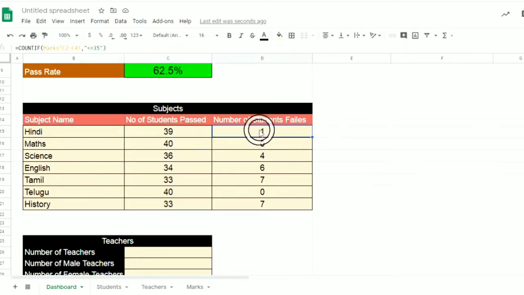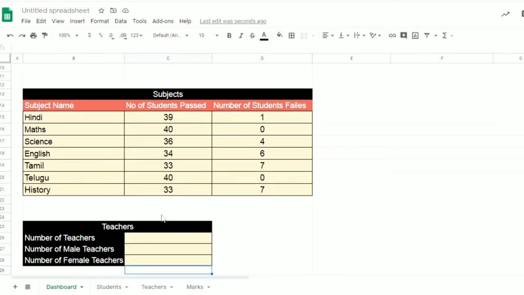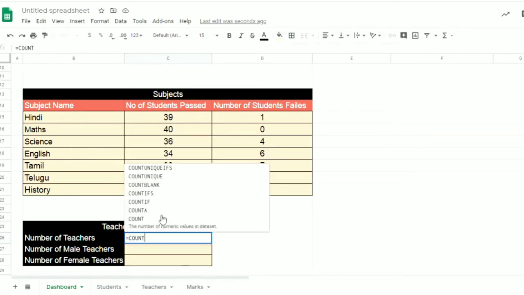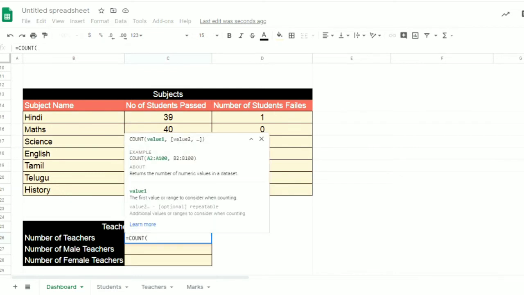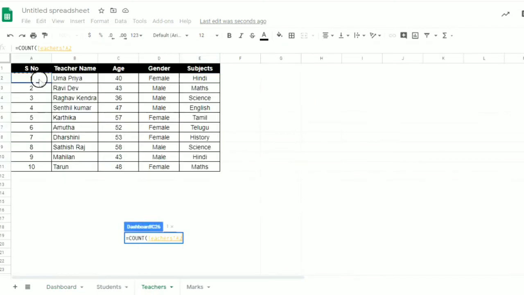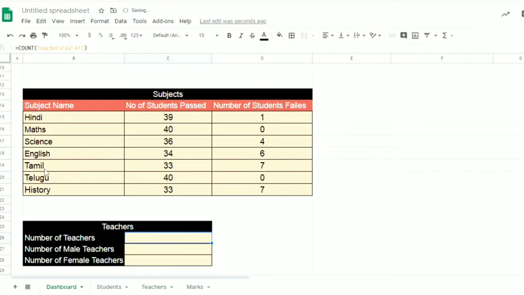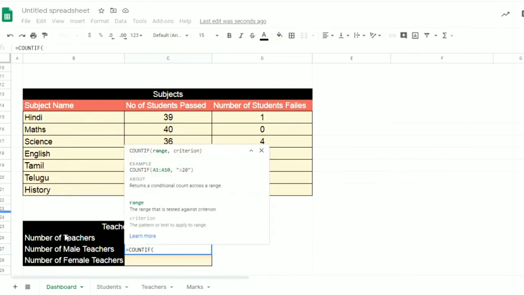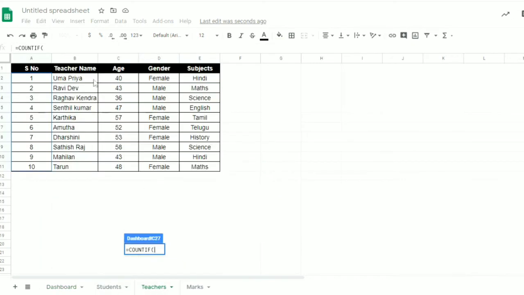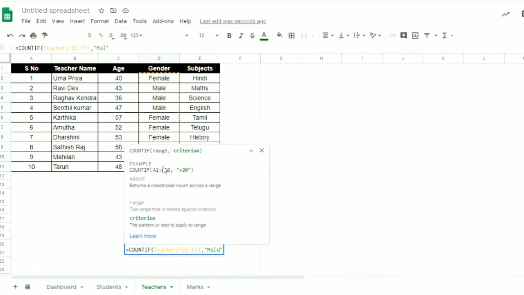Okay, so now let's get into another grid with a different example. In this example, I want the number of teachers. Here you can use COUNT itself, because I want the number of teachers. So I can go to that and click the serial number column, and I can see the number of teachers count. If I want the number of male teachers, I must use the COUNTIF condition. I need to go to the teachers column, select the gender, and select male, right? So the result is 5.